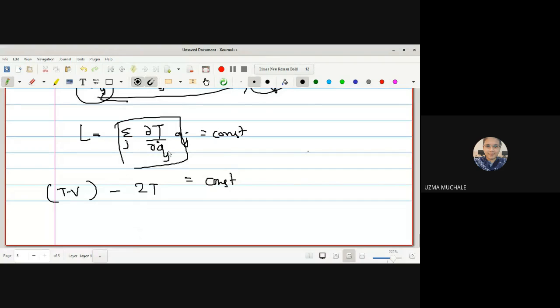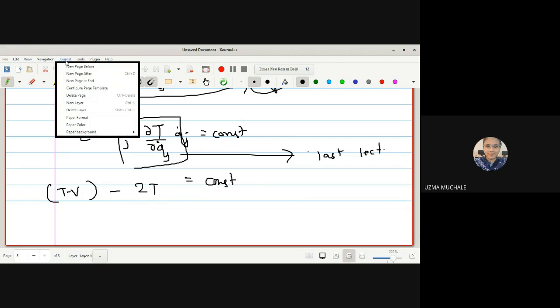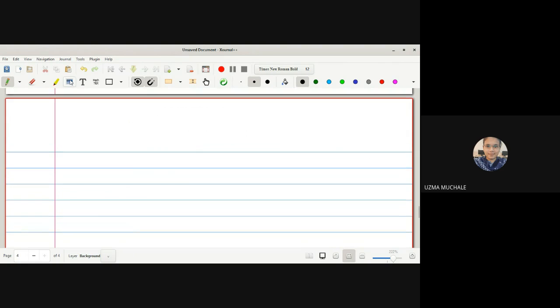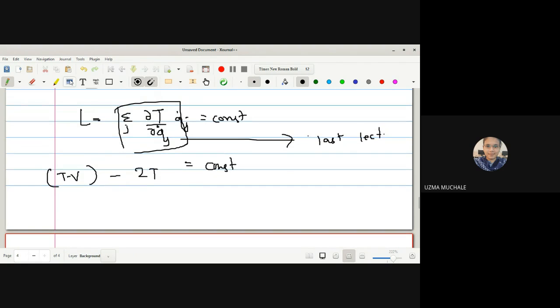So the value of this we found in the last lecture, kinetic energy as a homogeneous function of generalized velocity. The value of summation over j dou T by dou qj dot into qj dot is nothing but 2T, from the last lecture. If you seriously do the lecture, then you can remember. Otherwise, you can go back to the lecture and see it on YouTube itself.